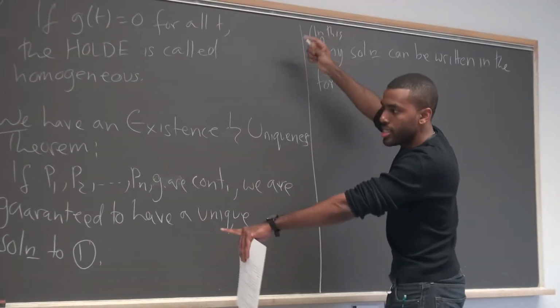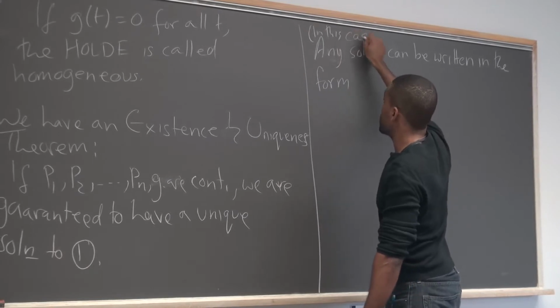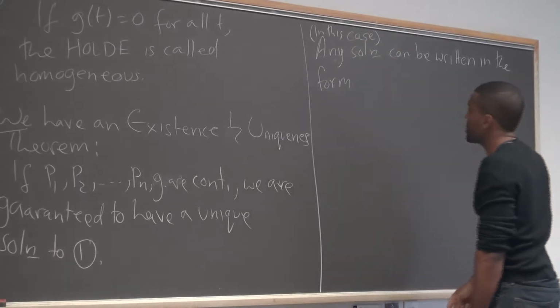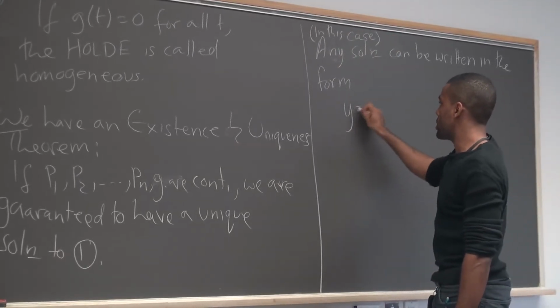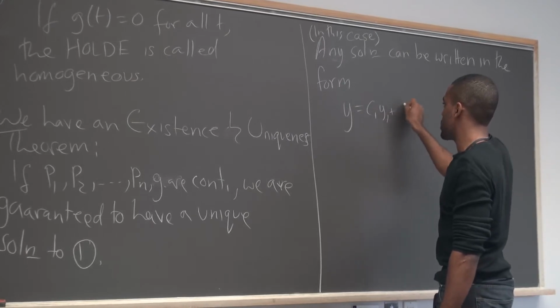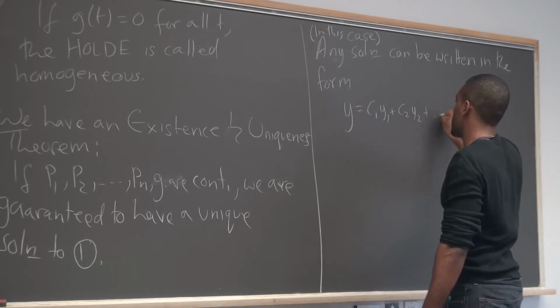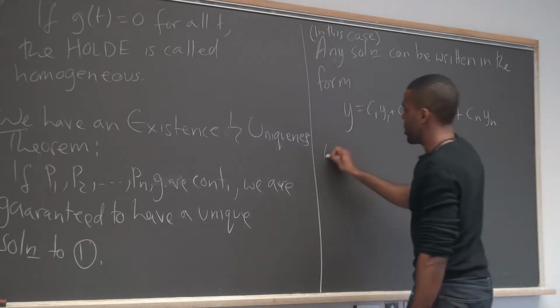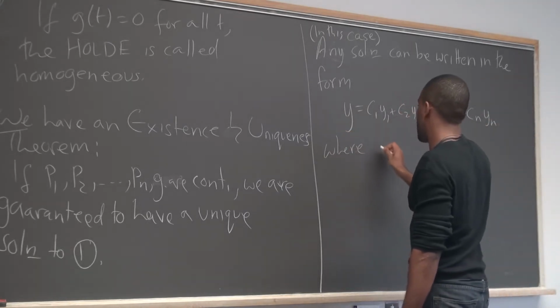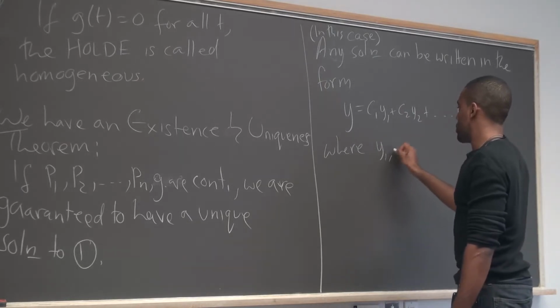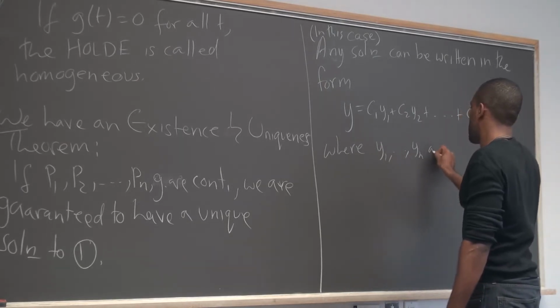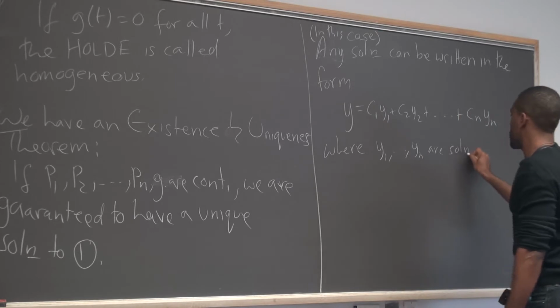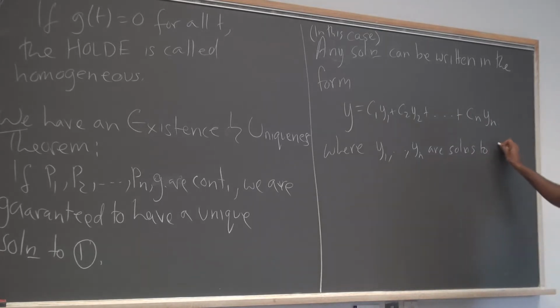The nice case is what we're dealing with, when everything is continuous and everything is nice. In this case, every solution can be written in the form y is equal to c1 y1 plus c2 y2 plus up to cn yn, where y1 up to yn are solutions to 1,